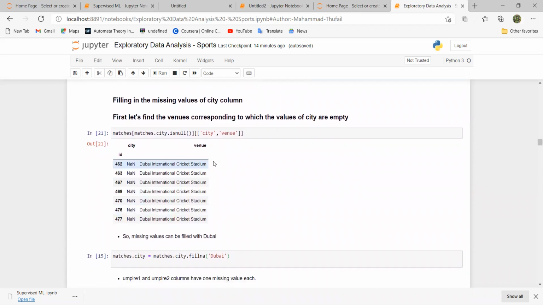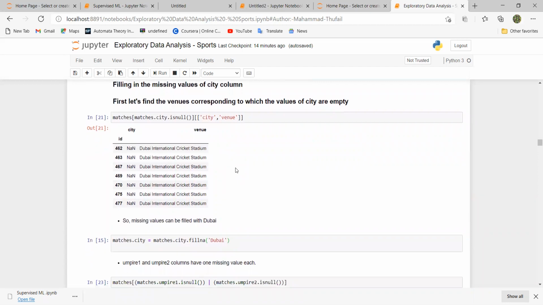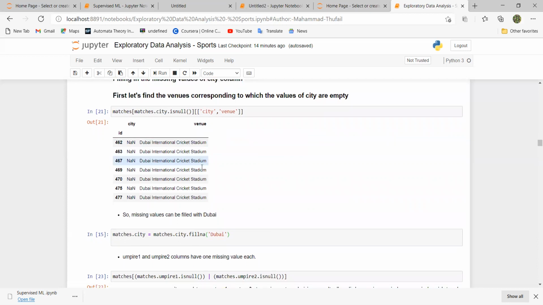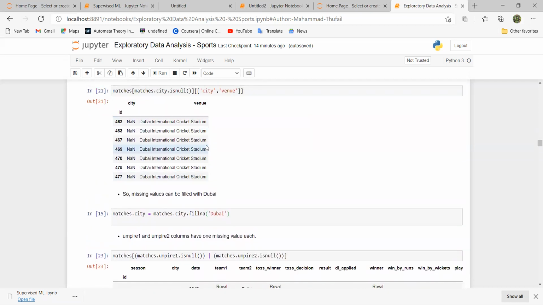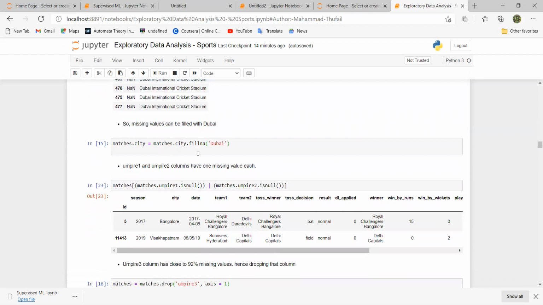So, filling the missing values of the city. First let's find the venues corresponding to where the city values are empty. So this is like this: matches.city.isnull, city comma venue. The missing value can be filled with Dubai here, and then matches.city.